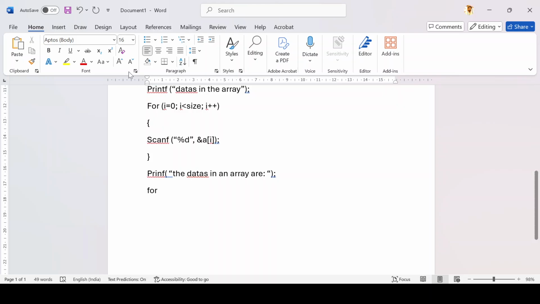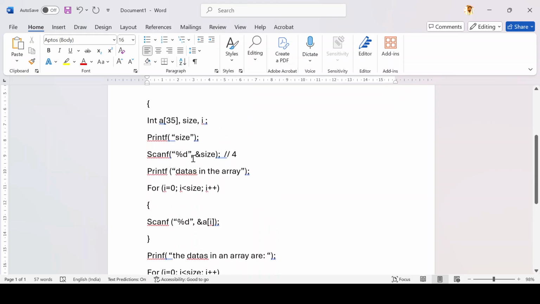So now once again, the same for loop we will use. Now here we will use a printf statement. So it will print the values from a of 0, a of 1, a of 2, a of 3,